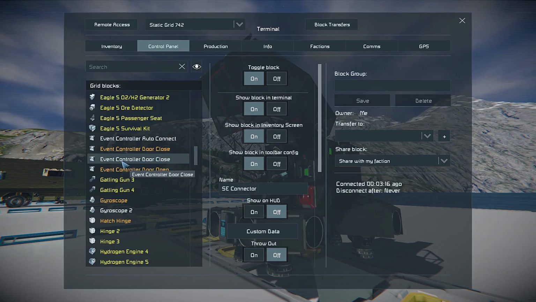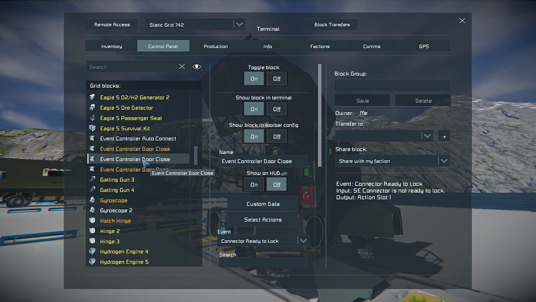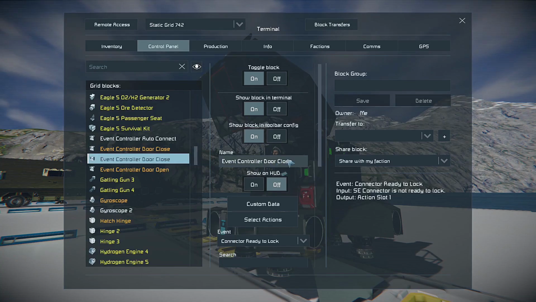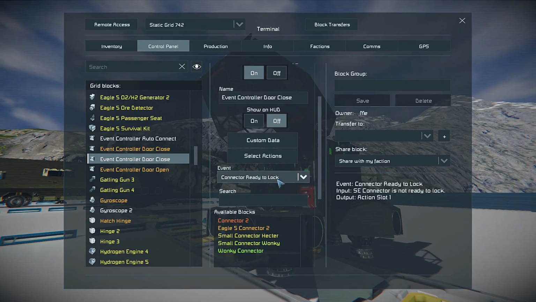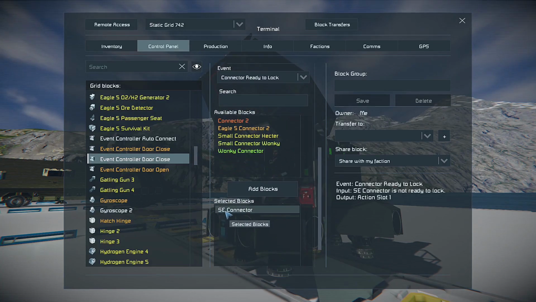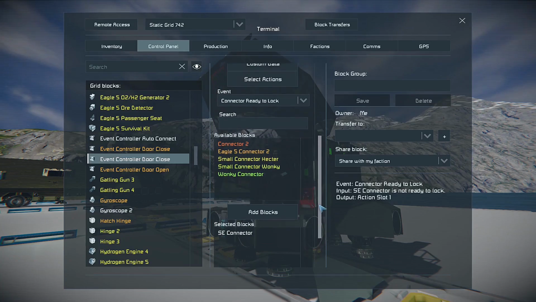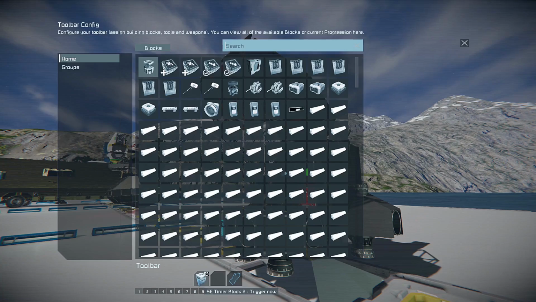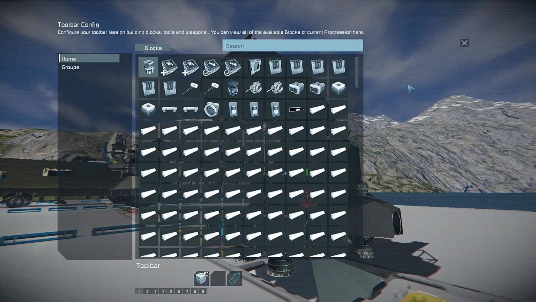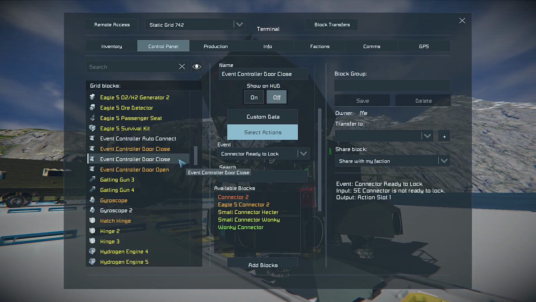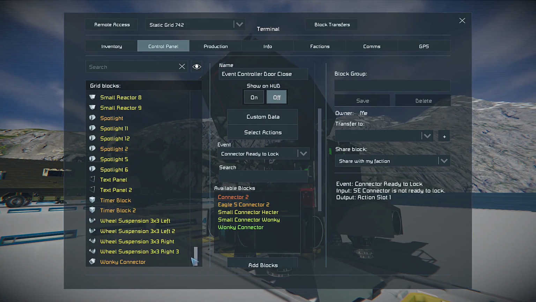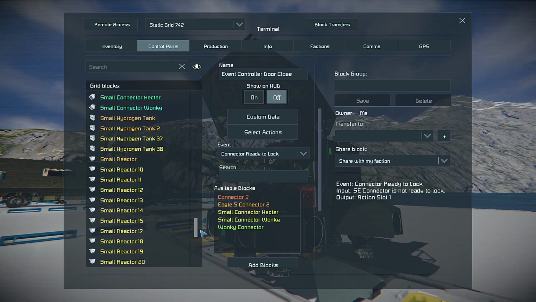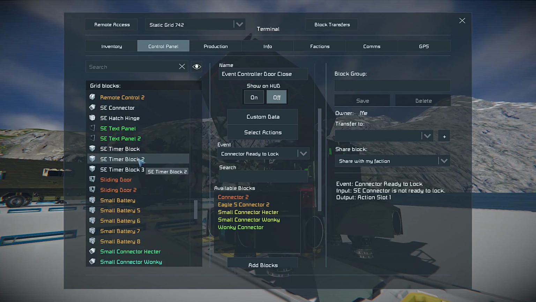And make sure my event controllers overall are set up. Let's see, this connector is ready to lock. The SE connector that we're about to disconnect. And our action is going to be this timer block 2. It's going to trigger it now. This is because once it closes, we also turn on our thrusters. So if we go to the SE timer block 2,